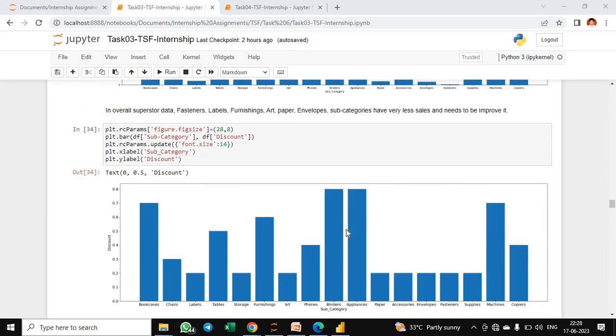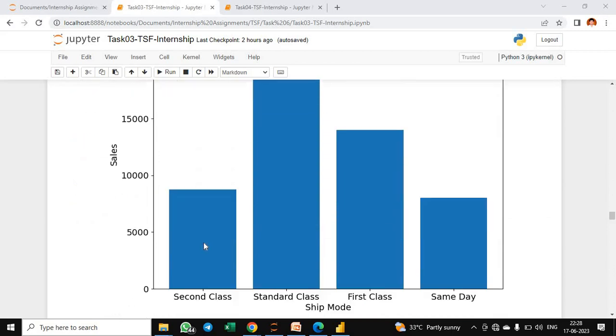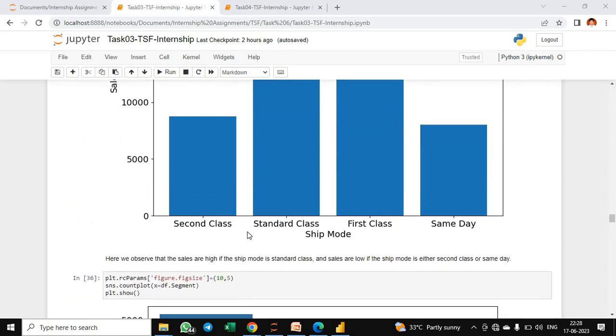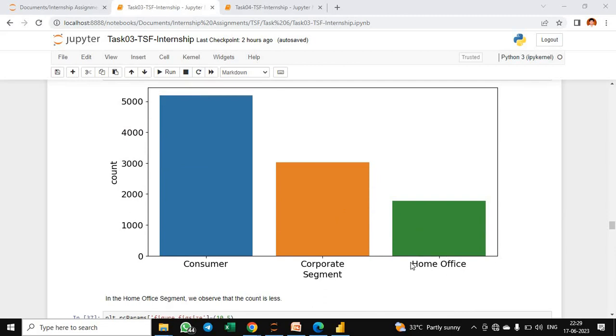business. Then check the bar plot for the discount and subcategories. Similarly, plot the bar plot for ship mode and sales, and we can see that sale is high if ship mode is standard class, and sale is very low if ship mode is second class or same day. Then check the count plot for the segment, and we can see that home office has very low